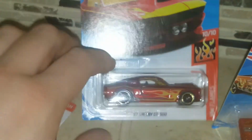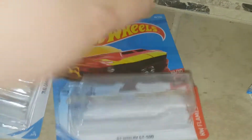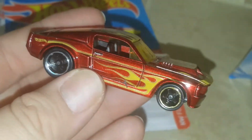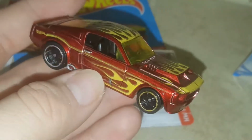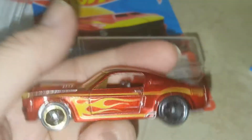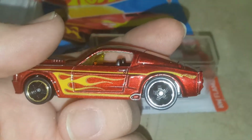Let's go with the Shelby. This one's a beast. Super cool. There you go. Look at that red. It's not maroon, it's more like a candy red. And this one has yellow flames and pinstripes. We got kind of the same wheels, black with yellow on the outline. The front are yellow and the back are just regular chrome